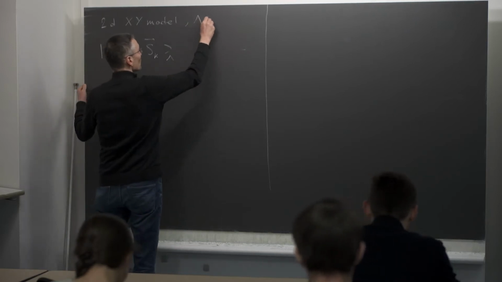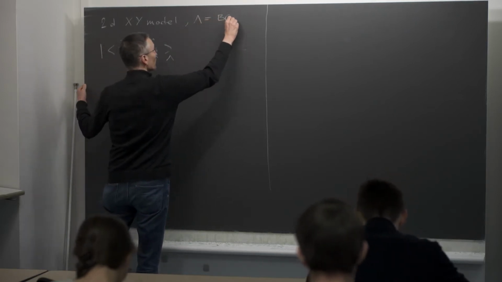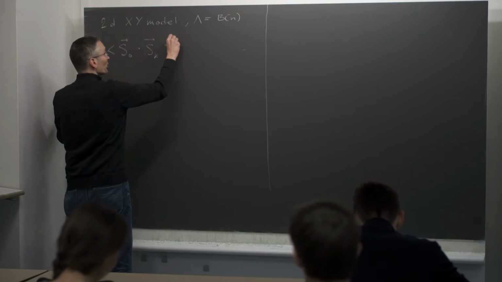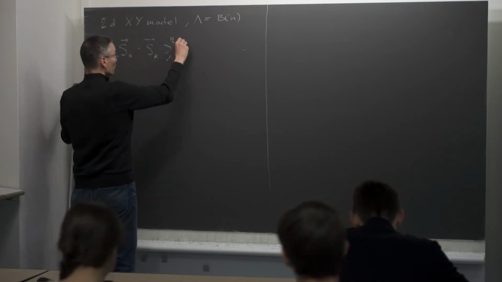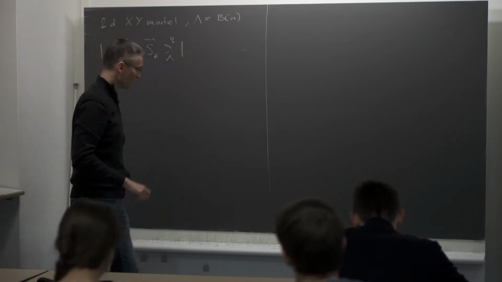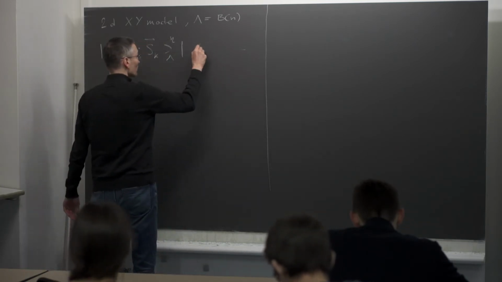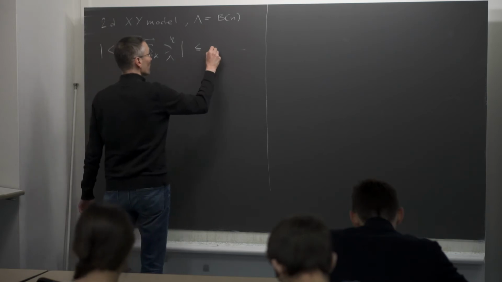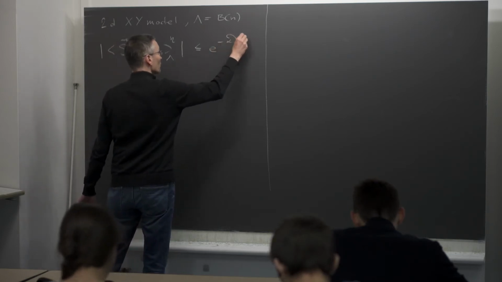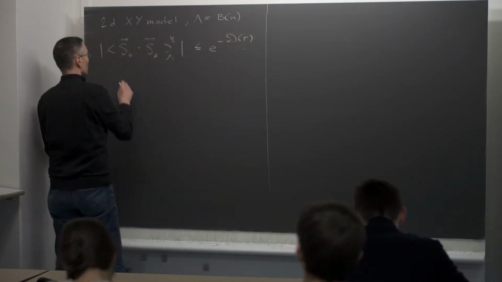So lambda was just our usual box of radius n, and with arbitrary boundary condition eta, and we wanted to upper bound that. And we arrived at the following stage where we were able to show that this is always smaller than exponential of minus what we call d of r, where